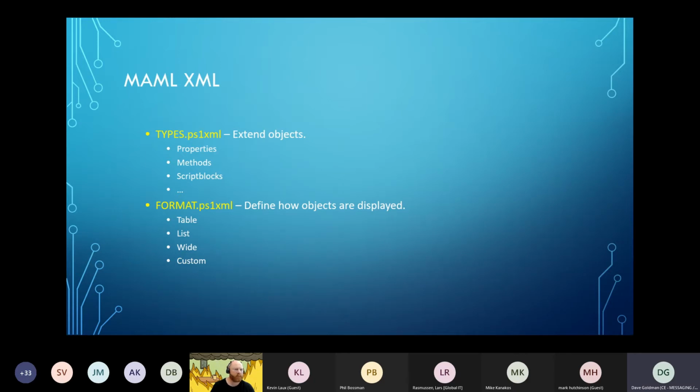Now, one thing I want to stress, and it's really important: you never want to update these core files. They are digitally signed, and they will destroy your PowerShell environment if you make any changes to these files directly. What you always want to do is use a template from one of them, which I'll show you how to do, and it's super simple.